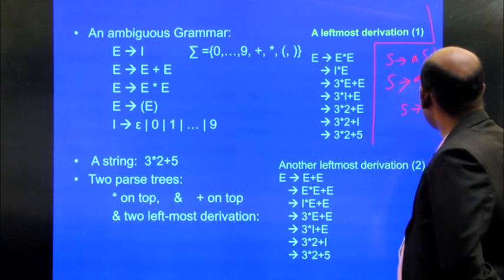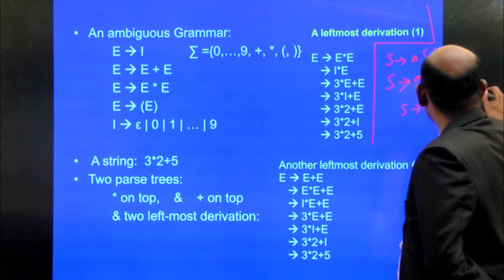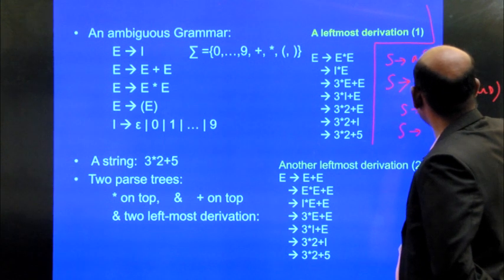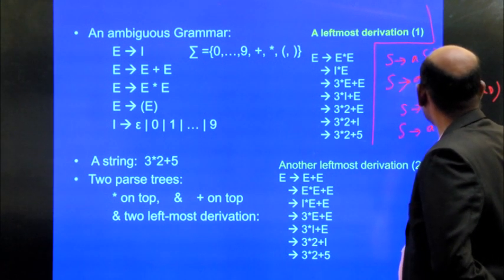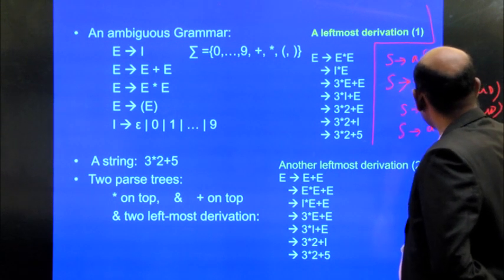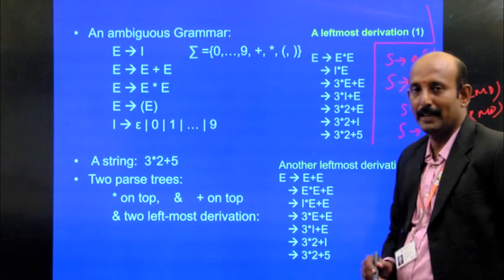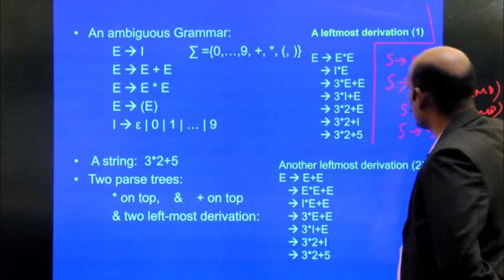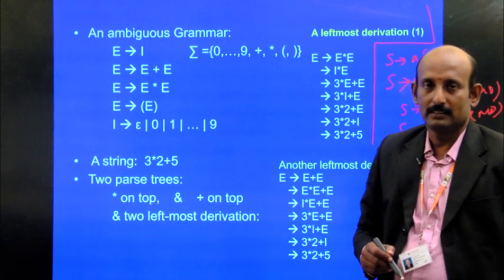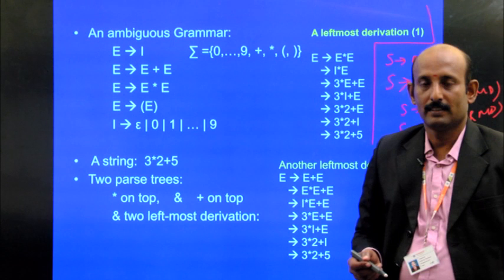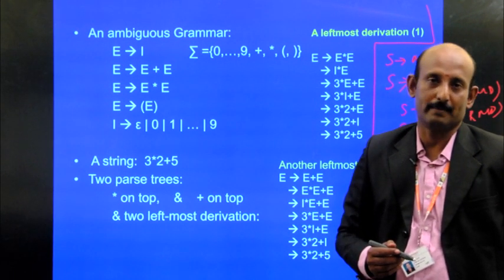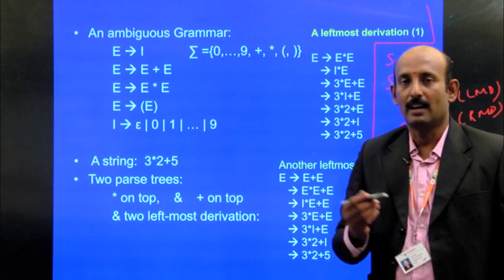Likewise, if you go for the rightmost derivation, replacing the rightmost non-terminal, we again get A B like that. So for the same input string A B, we have only one leftmost derivation and one rightmost derivation, not more than one. So this type of grammar we can call an unambiguous grammar.